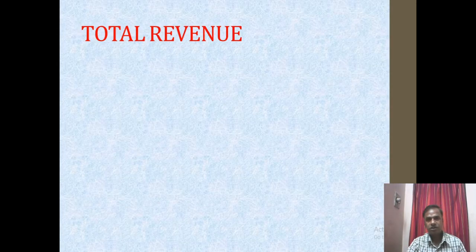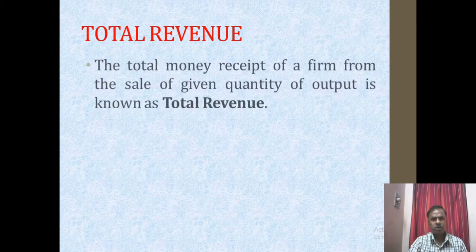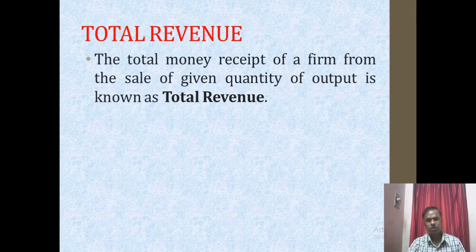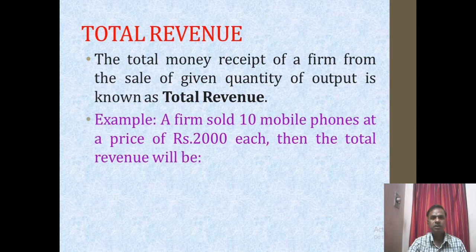So what is the meaning of total revenue? Total revenue is the total money receipts of a seller from the sale of a given quantity of output. Total money receipts of a firm from the sale of a given quantity of output is known as total revenue. Say for example,